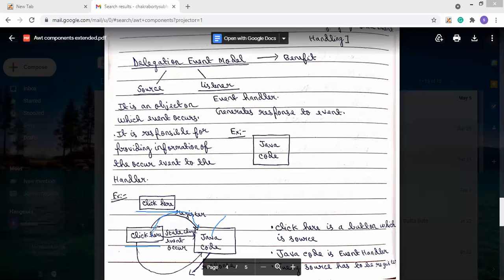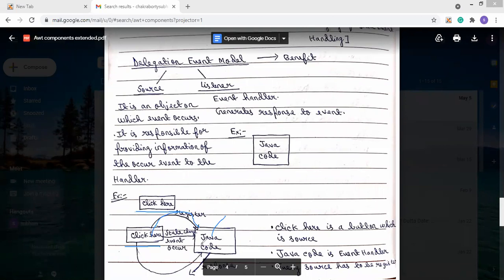So first, the source will register with the listener. And after that, whenever the state is changed, this Java code will be executed.